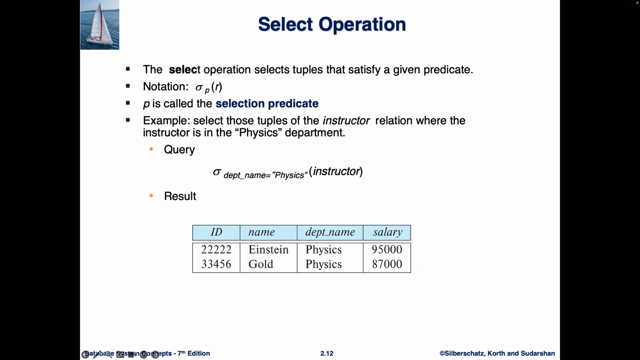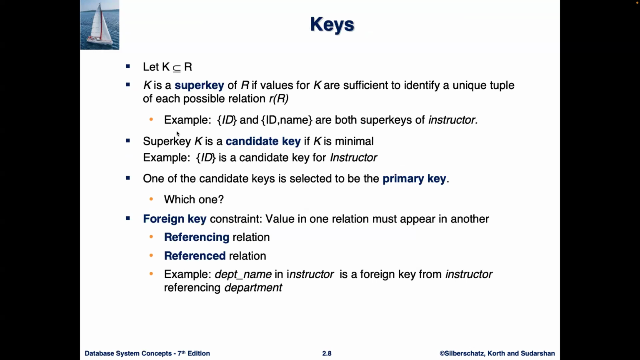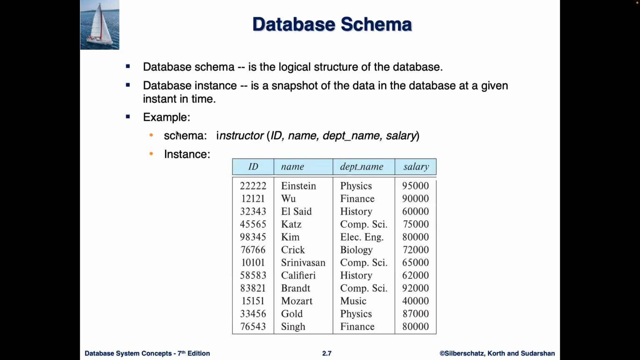So for example, select those tuples for the instructor relation where the instructor is in the physics department. If we look into the table of the instructor, here we have a lot of data: ID, name, department name, salary, and there are lots of tuples. Each individual row is called a tuple. Now we want to select,